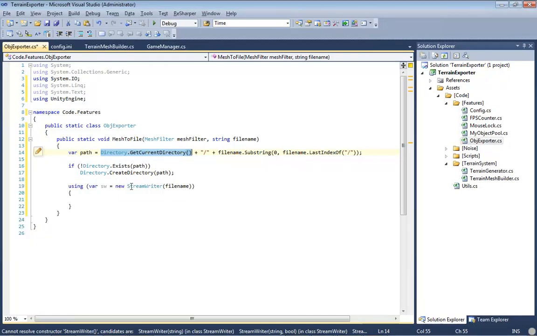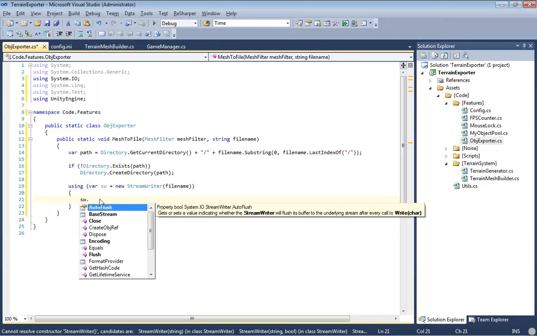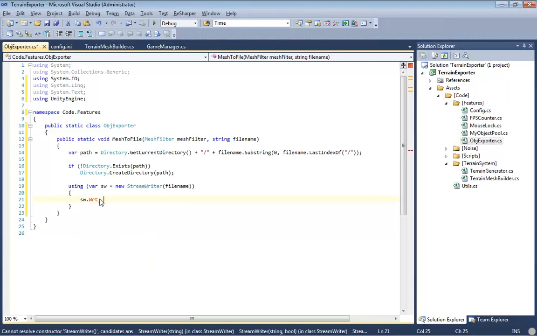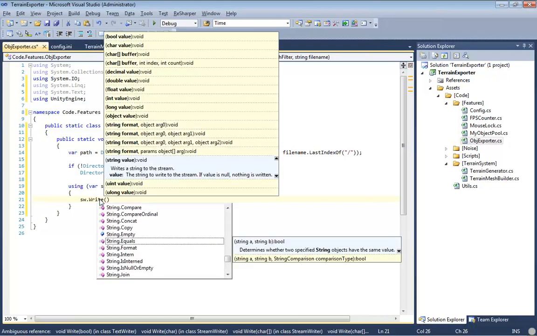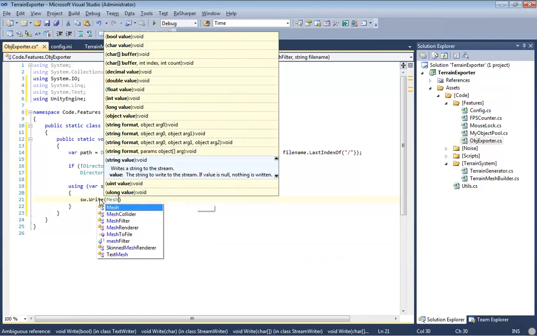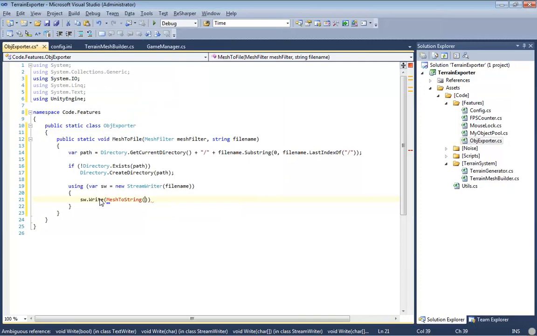If not, we create it. Then we open up a stream writer to create this file. Then we say sw write. So we're going to write out this long string. The string that we're going to write out is going to be whatever we get back from mesh to string, which is going to take in a mesh filter. We don't have this method yet,